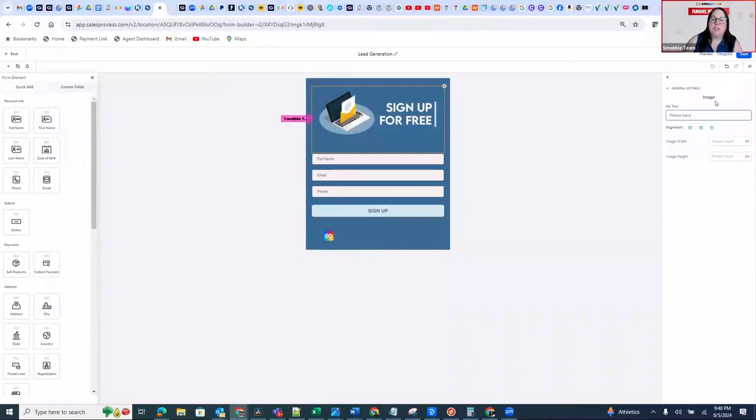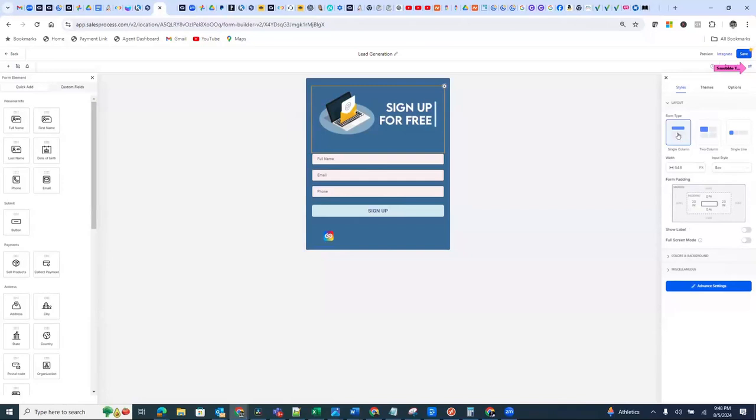You can change your picture, just click on it. Then you're going to go into this styling button over here. You can keep this image or you can replace it with a different image.